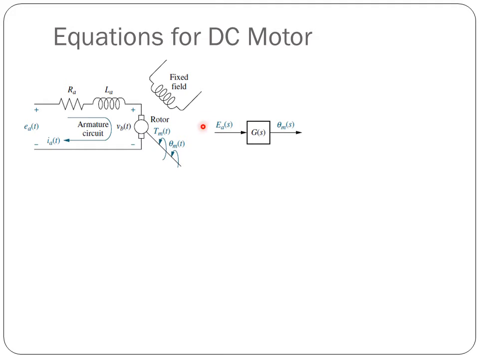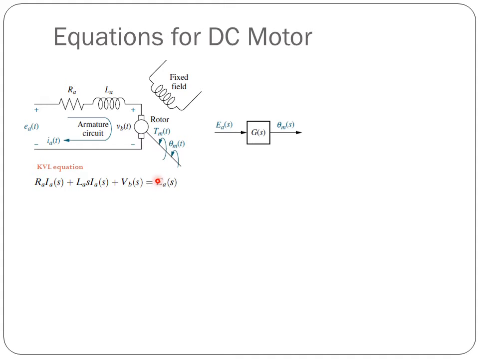Okay, so this is electrical input, mechanical output, and we are interested in finding out G(s). So let's see. To begin, we will start writing the KVL equation in this circuit. We can easily write these equations. There are three different voltage drops: Ra Ia, La Ia, and Vb. But in this case we already know the impedance of La is La s into current Ia. So this is the basic equation, but in this equation